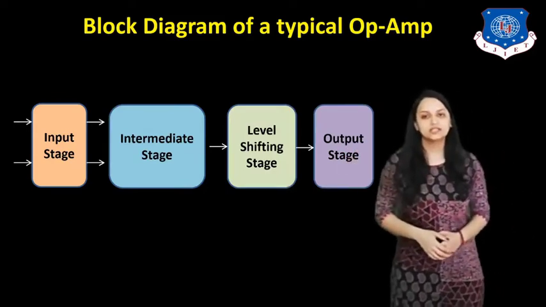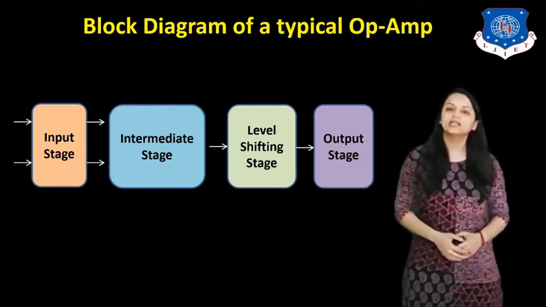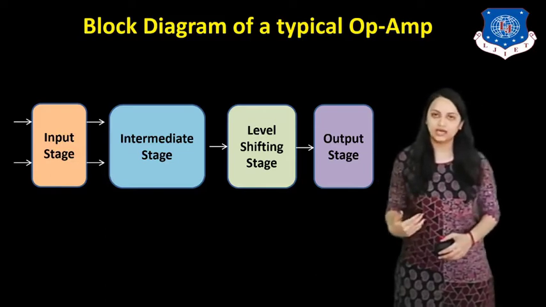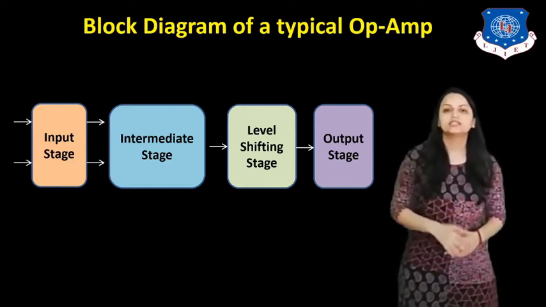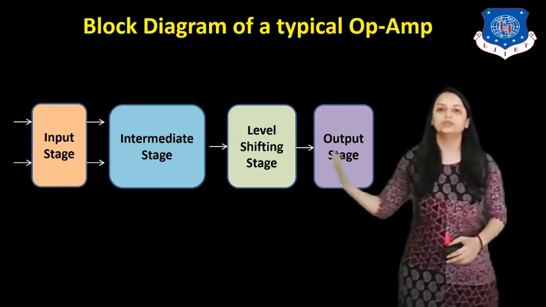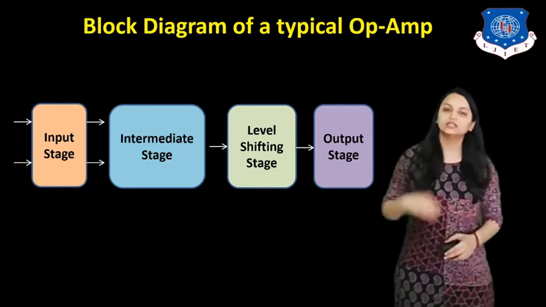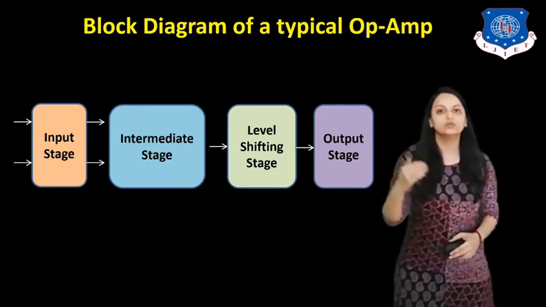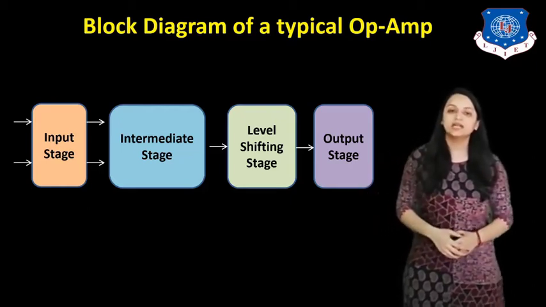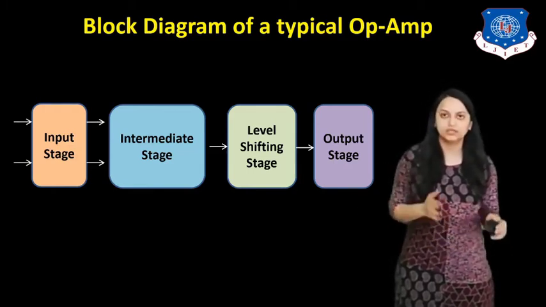Now, as you can see, at the input stage, two arrows are indicated. That indicates that two inputs are given and two outputs are obtained from the two inputs. So the first input stage indicates that there are two input terminals and two output terminals. That indicates that it is a two input and two output type block.